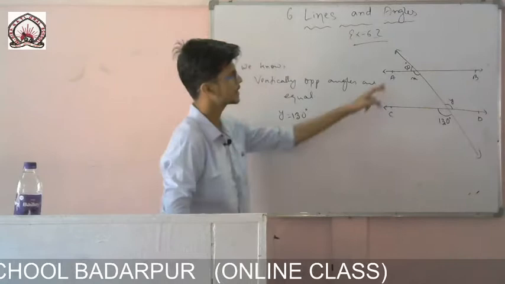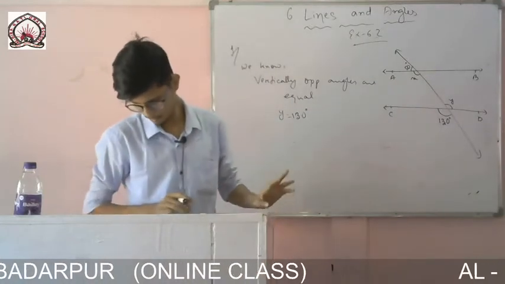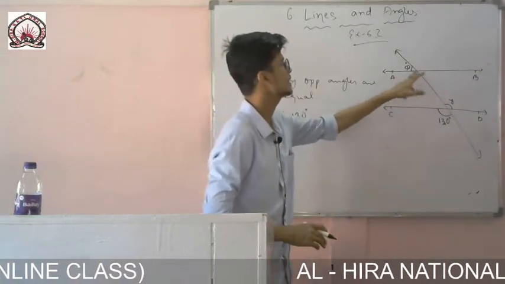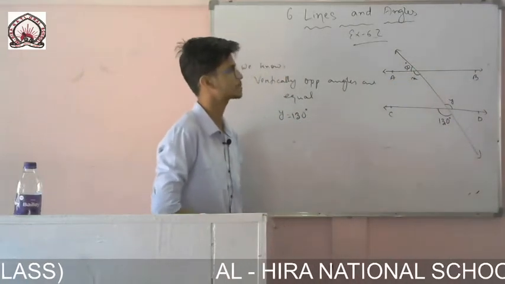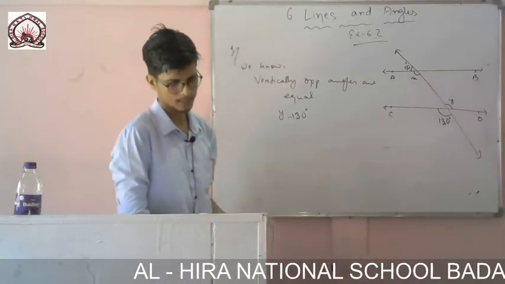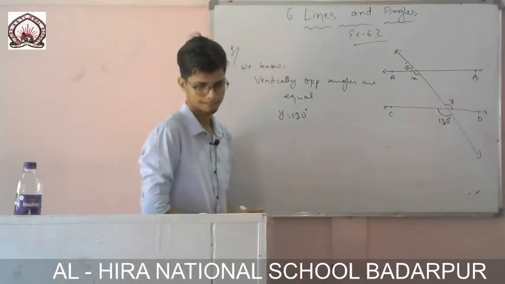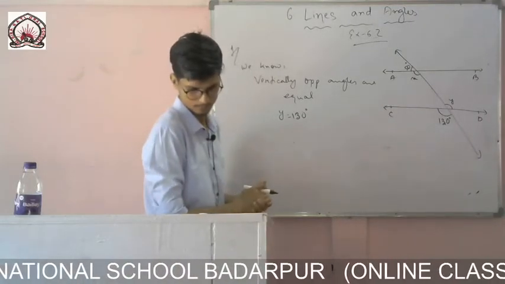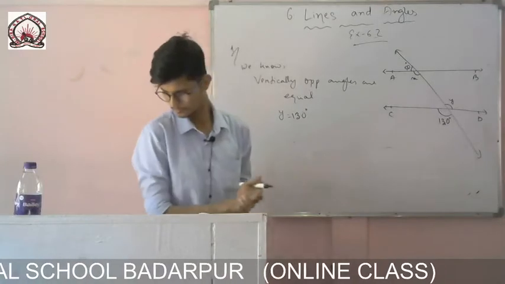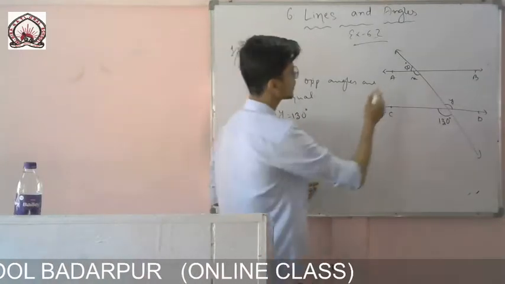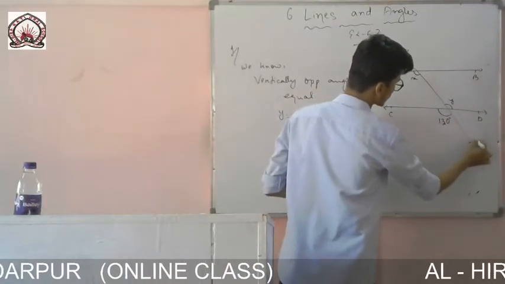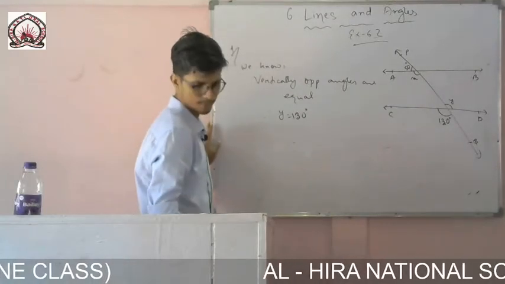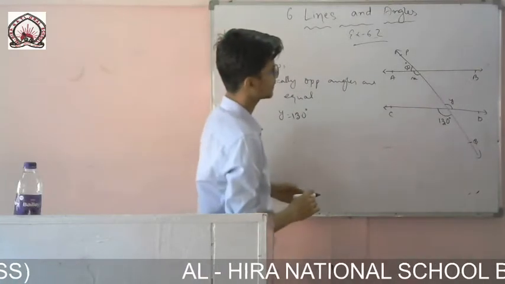Now what I will do, I will take this one. Is there any name given? No. Okay. So I will take this transversal as a straight line, and this AB divides it into two parts. So I can write x plus 50 is equal to 180 degrees because these are linear pairs. But there is no name given, so let me name it PQ. So you write like this: since PQ is a straight line and AB stands on it.